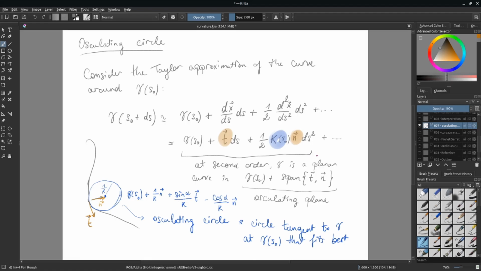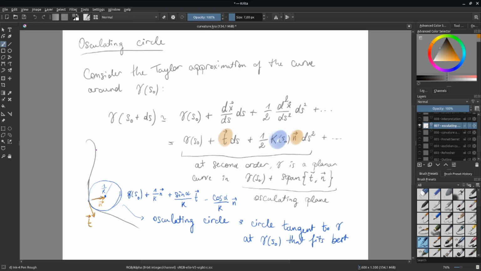So what this tells us also is that at second order, this curve gamma is a planar curve. It lies in a plane spanned by these two vectors, the tangent vector and the normal vector, and we call that plane the osculating plane. And so if we look just in that plane, let's say I'm looking close enough,